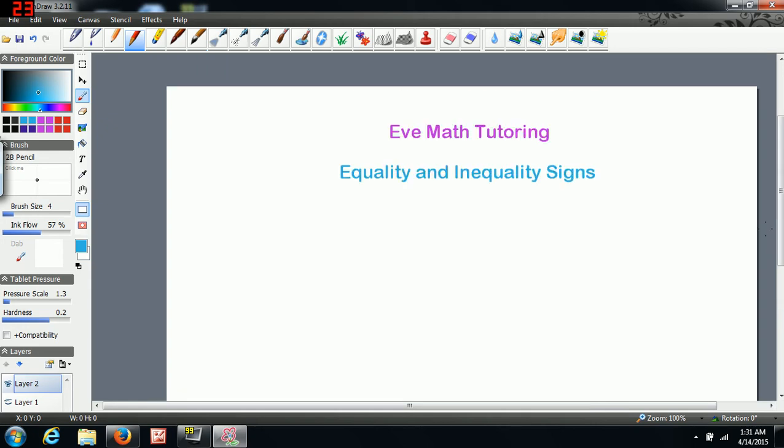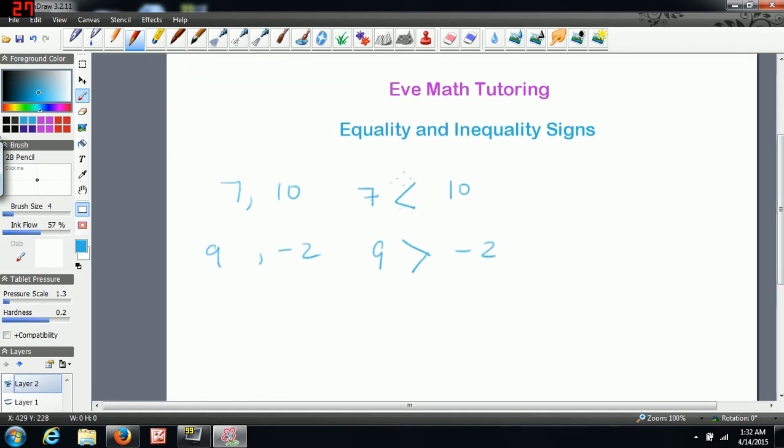Now, if we were asked to compare two numbers, the numbers 7 and 10, and we were to write an expression for these two, we would write that 7 is less than 10. Okay, so if we were comparing the numbers 9 and -2, well, 9 is greater than -2, so I would open the arrow up this way. Just remembering, or if you think of it like Pac-Man's mouth, Pac-Man is going to eat the larger number,